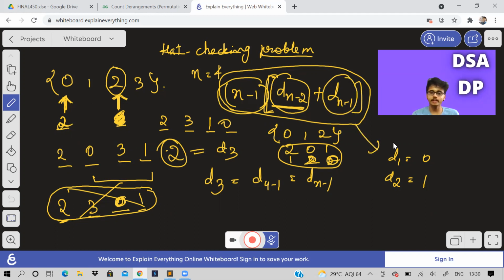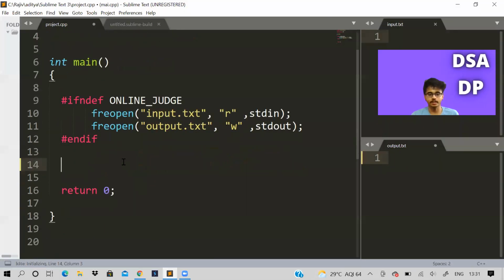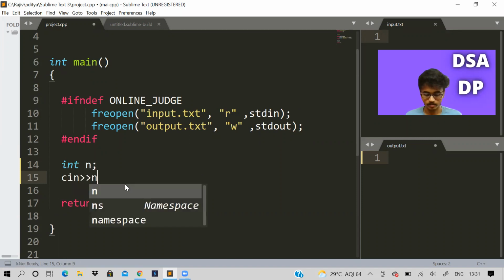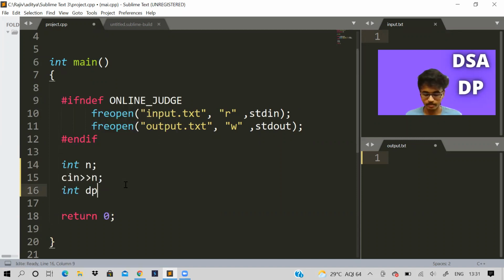So if you observe, this is a recursive solution. This is a recursive relation, and you can optimize it by taking the DP array. And actually, you don't even need an array. You can do it with just like a Fibonacci series. So let me just quickly show the coding part now. So let us say we take a variable n, fine, and let us say dp of n plus 1. Actually, you don't need a dp array. You can optimize it by taking 2 variables. In the comment box, put the solution, how to optimize instead of taking extra space.